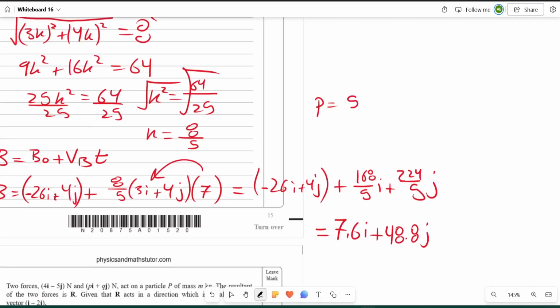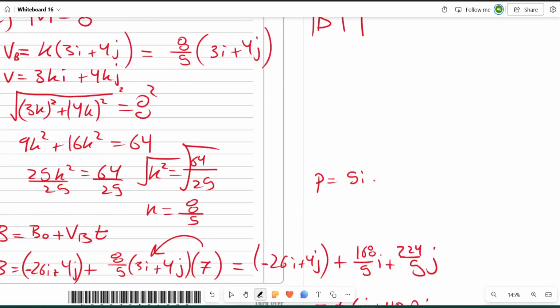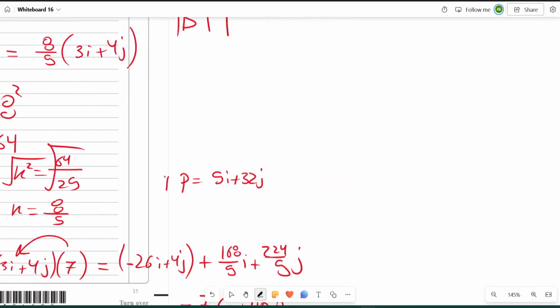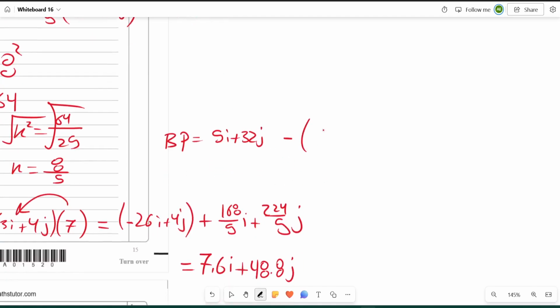P was 5I plus 32J. Okay, and we need to subtract that. So let's say BP. We need to subtract vector B, which we just found as 7.6I plus 48.8J. So that's going to give me a final answer of 5 minus 7.6, negative 2.6I. And then 32 minus 48.8, that is negative